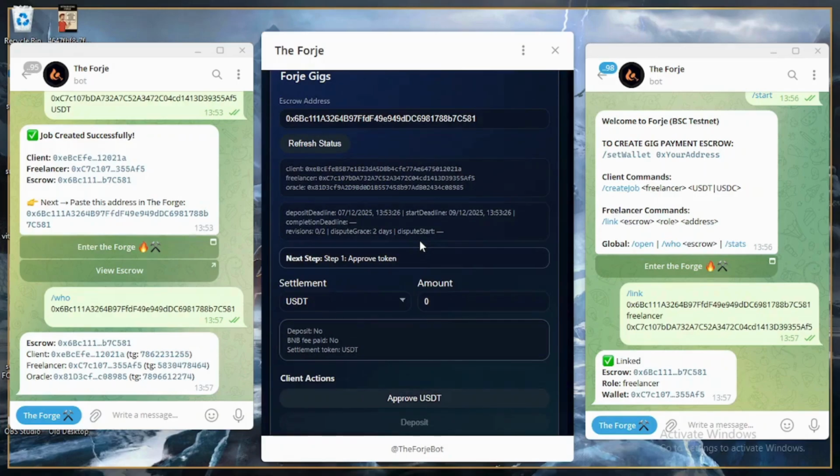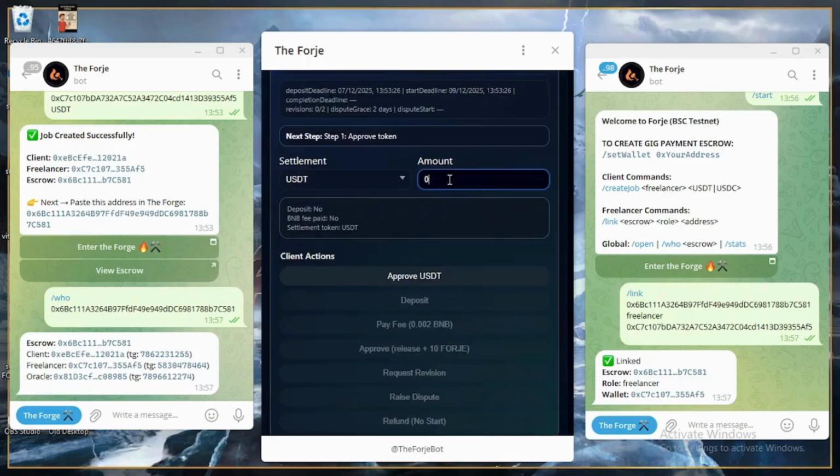Before anything, you have to approve USDT spending for the escrow contract. This is a security feature, to prevent the contract from spending more than you intended to be used as a settlement amount. So I will be using $10. We will assume that I agreed $10 with the freelancer to make a logo for me. So I have to approve this $10